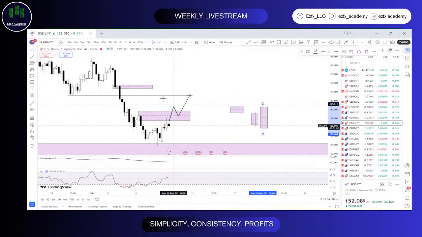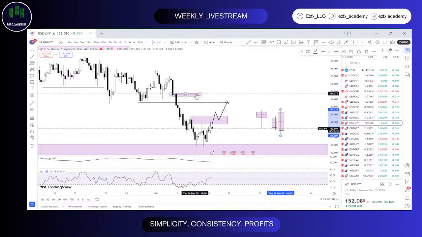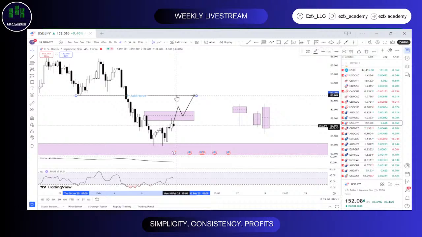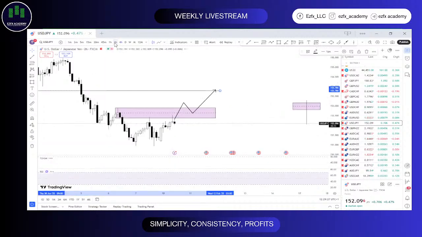For the sales of USD JPY, let me see. Sorry, first, if you're taking up your buy, your TP should be around here, 153.786, or this previous support around here. So 153.786 will be where you'll be taking your TP for that buy movement. If you are good enough with it, you should be able to get at least a 1 to 3 or 1 to 5 trade from that.